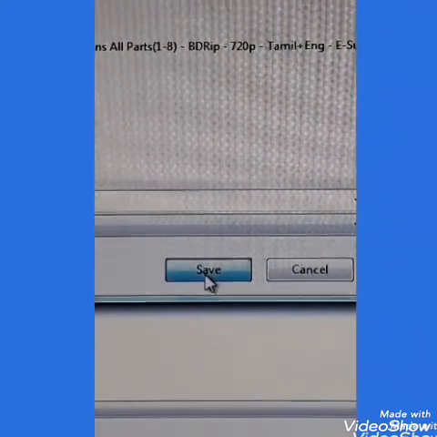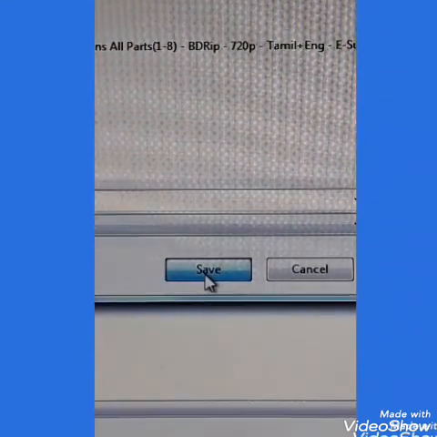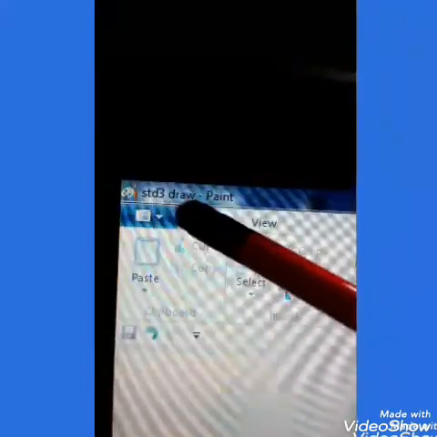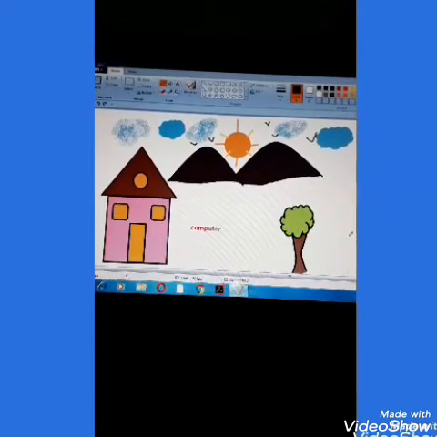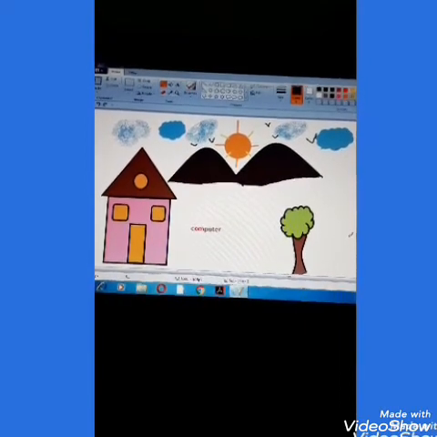See, you have clicked on the save button. Now you can see here children, it is a bit shaky because I have to hold it to zoom and show you. Here you can see what name you have given, that has come, standard 3 drawing, and this is the paint, that is the application name. Understood? So now children, this way we have completed our practical session.